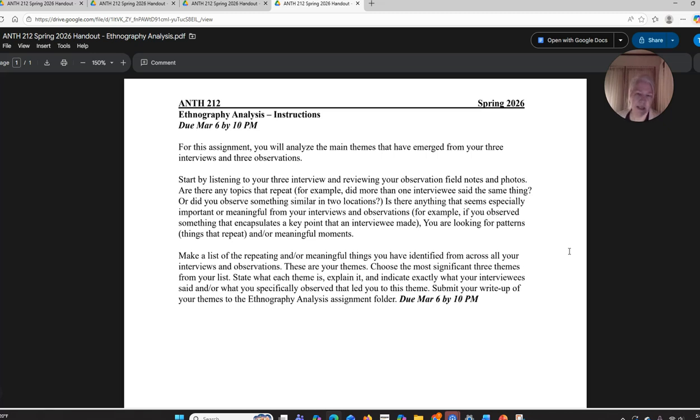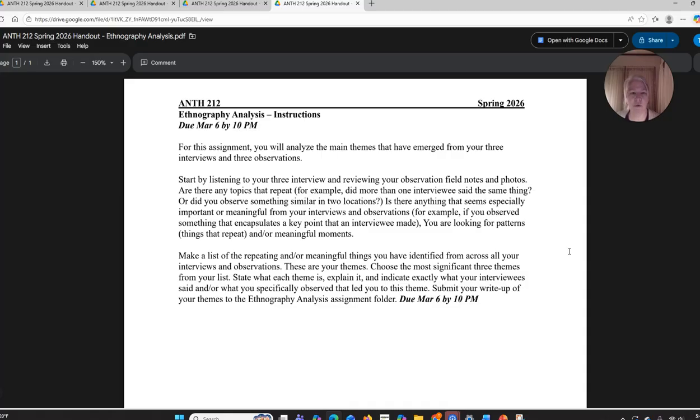The other piece that you can think about and look for when you're going through all your material is things that seem important or meaningful or big, right? Sometimes an interview will be a bit more monotone, where you get the same level of enthusiasm for all your questions. Some interviews, on one subject, people will say, oh my God, that's my favorite part of this whole thing. It's the most interesting, whatever.